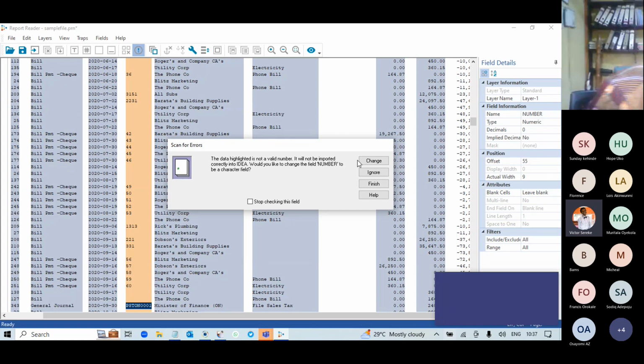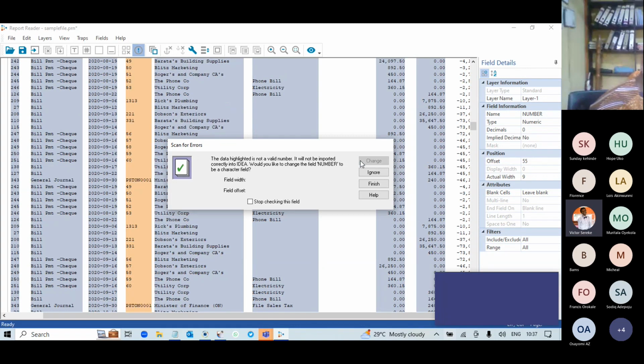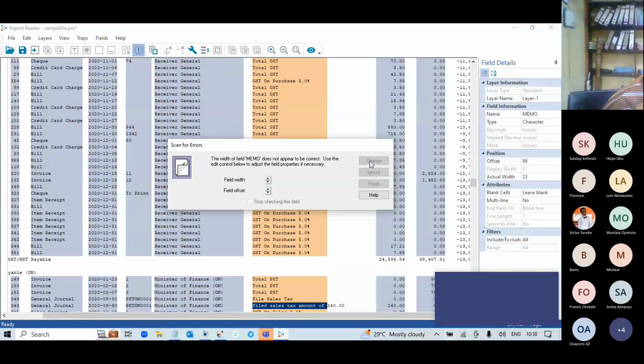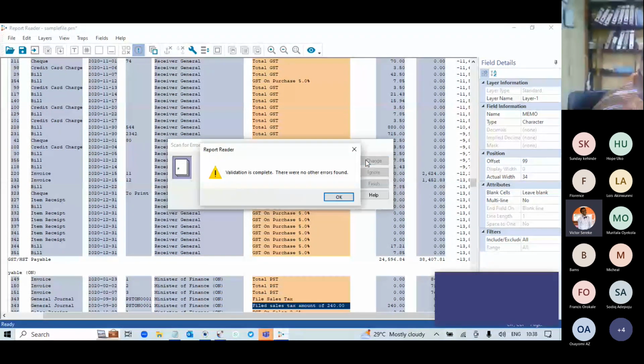So once I click on change, it changes it, and then it also searches for the next error. Oh, at this point it's saying that I didn't fully cover this information. So what do I do? I can now increase my width size and click on change. Oh, exactly, pointing to where I have the next error. So that's the beauty of the scan for error, in that you can check to be sure that you've covered